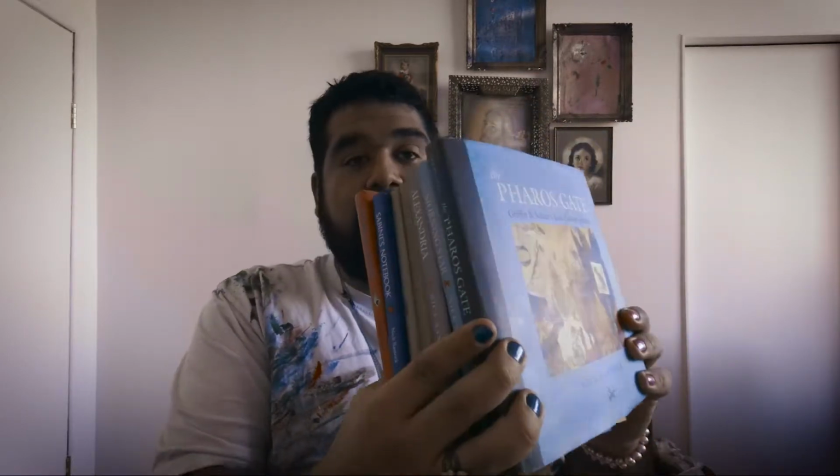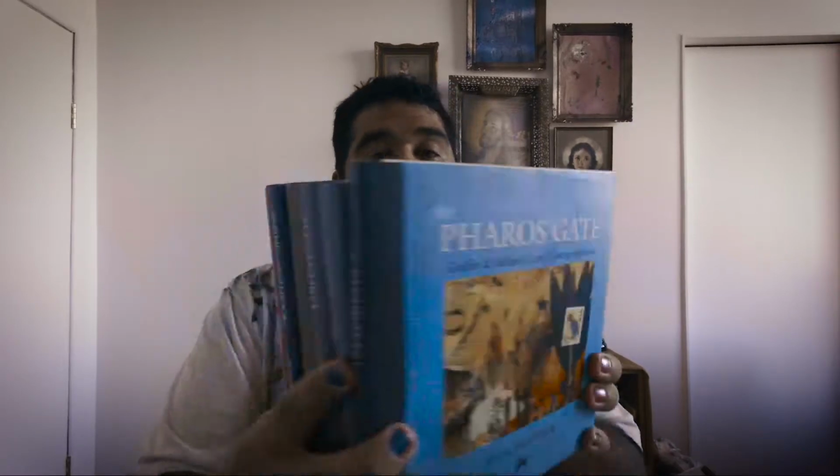So first thing, Griffin and Sabine. The series is visually very beautiful, all hardcover, uniform size, and just a lot of different colors, a lot of different symbols and stuff going on. They're just beautiful, beautiful books, and we're going to get into talking about maybe why that is. So first off, I guess we'll start off with talking about